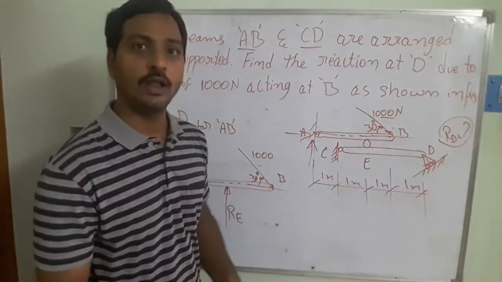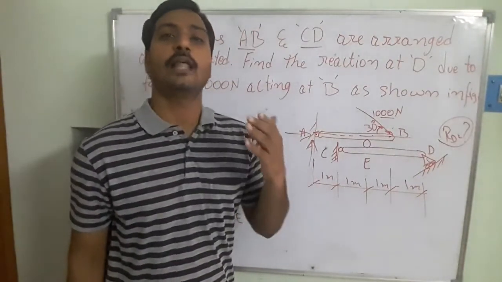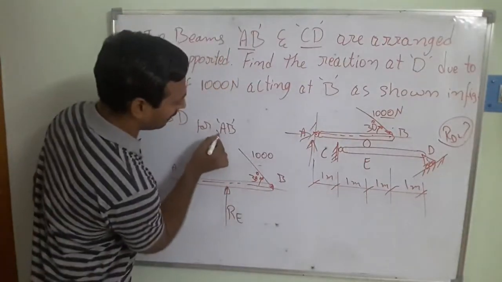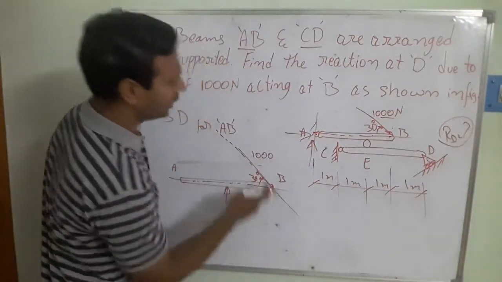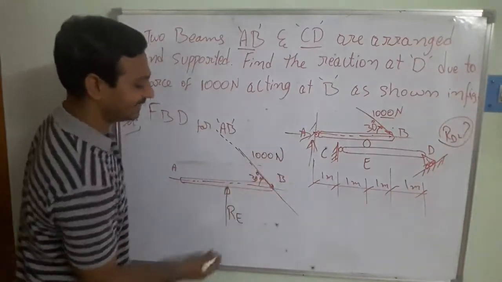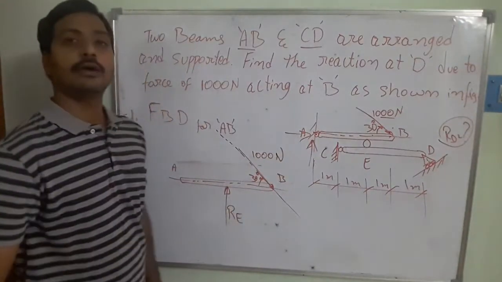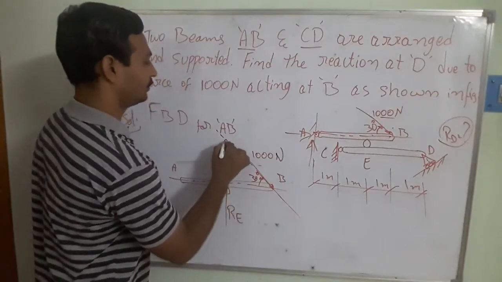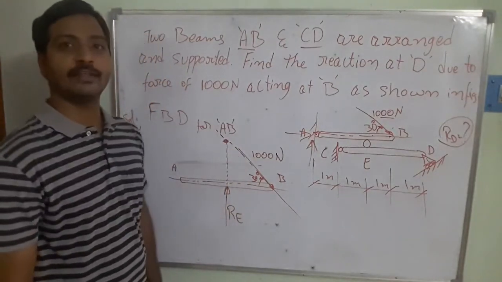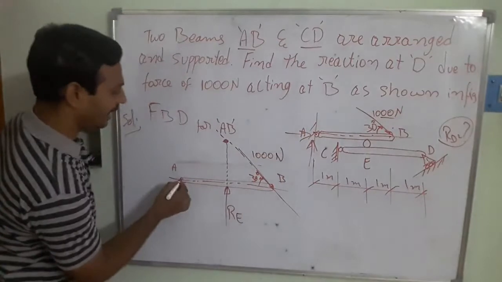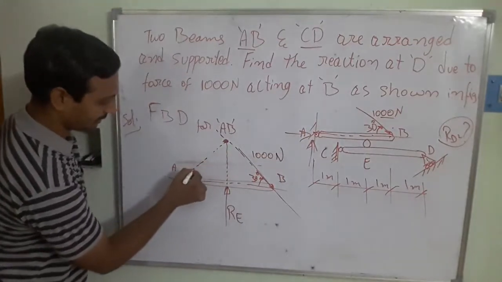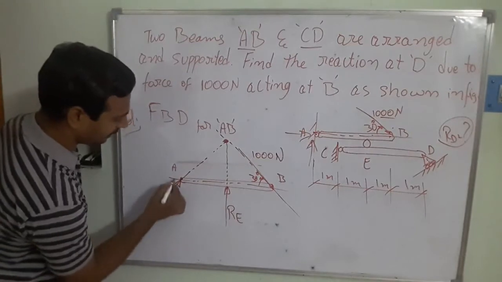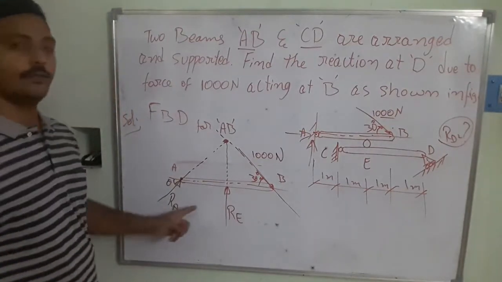For this one, we know the two forces, the line of action and the direction also. So what I am going to do is take the line of action for the 1000 newtons force. At the same time, the reaction force RE, I am going to extend its line of action. So this point is going to be intersecting. From that point to A, I am going to join, and this is going to be your RA inclination with the horizontal plane or the vertical plane.